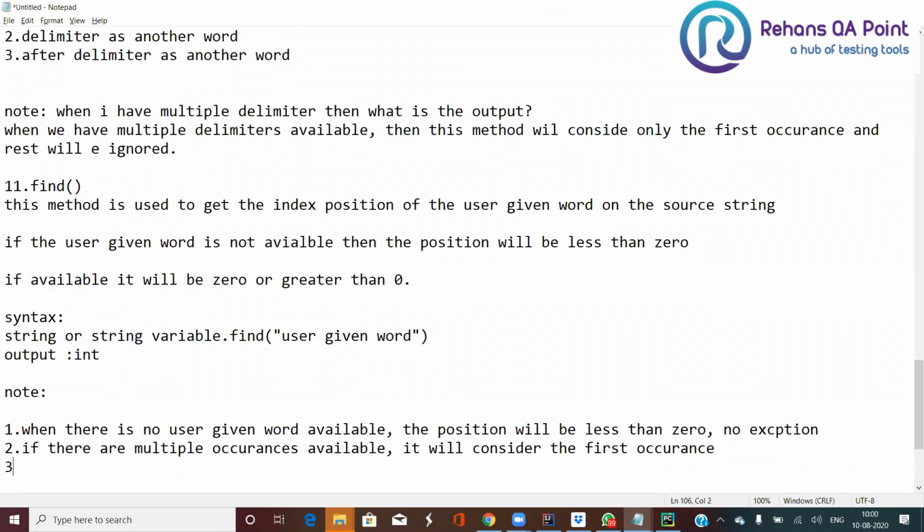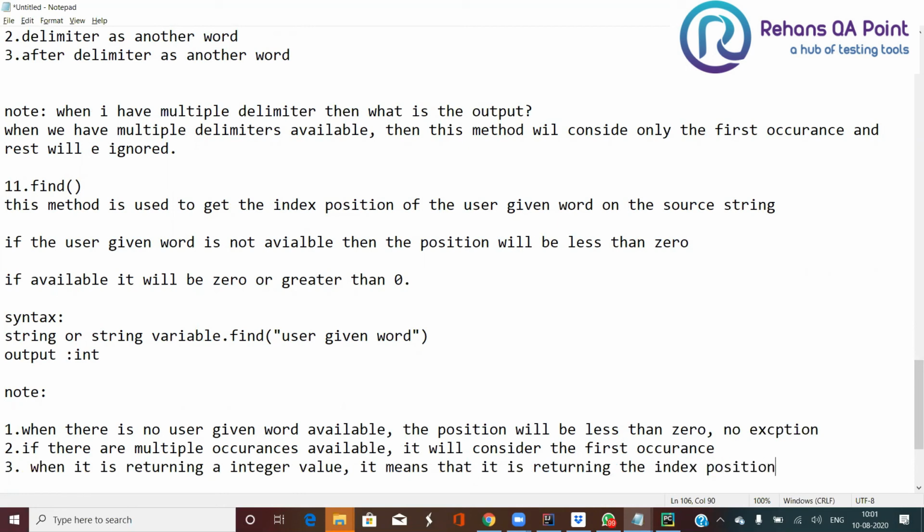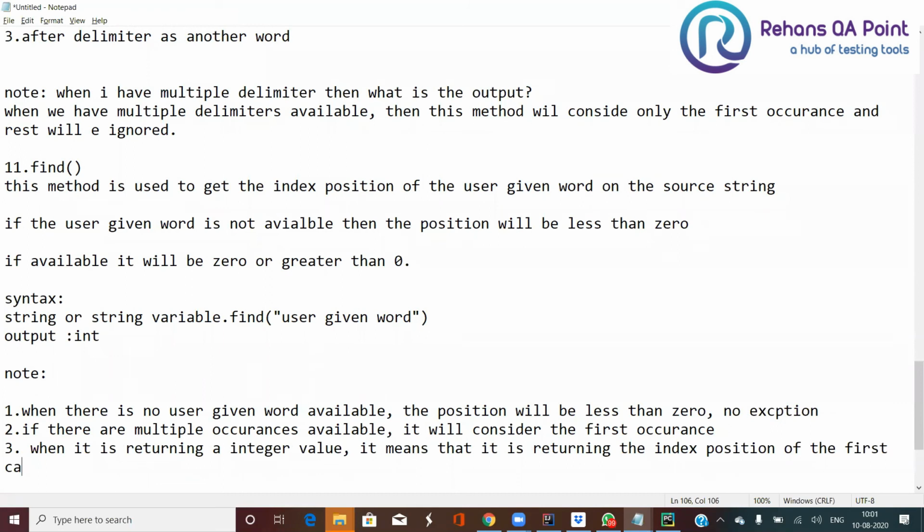The third note is: when it is returning an integer value, it means that it is returning the index position of the first character of the given word.